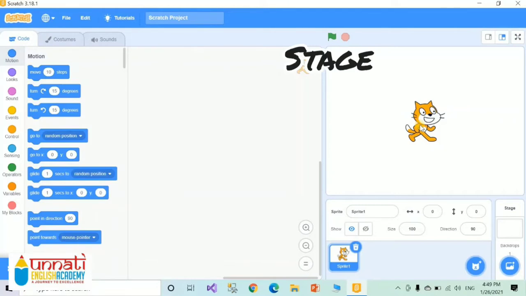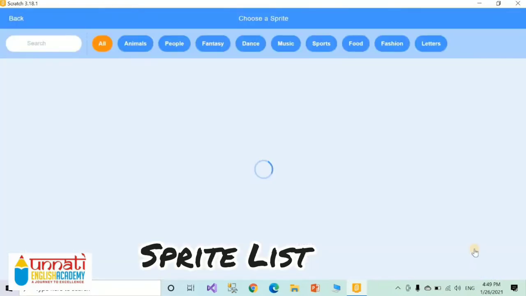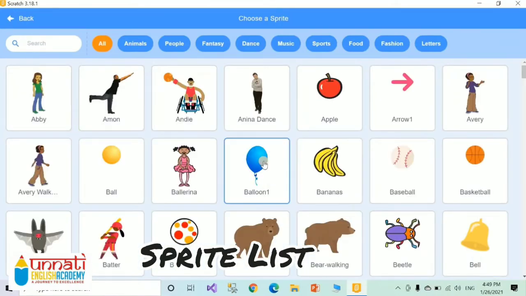The next is the sprite list. See, the sprite list is the thumbnail of the sprite. It is located below the stage and displays the thumbnails of all the sprites that we have selected. As I told earlier, you can change your sprite by clicking on this button. See, there are many sprites available. You can choose any.